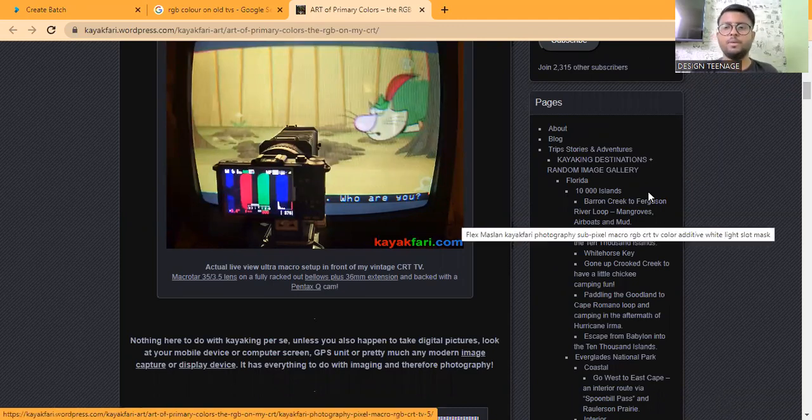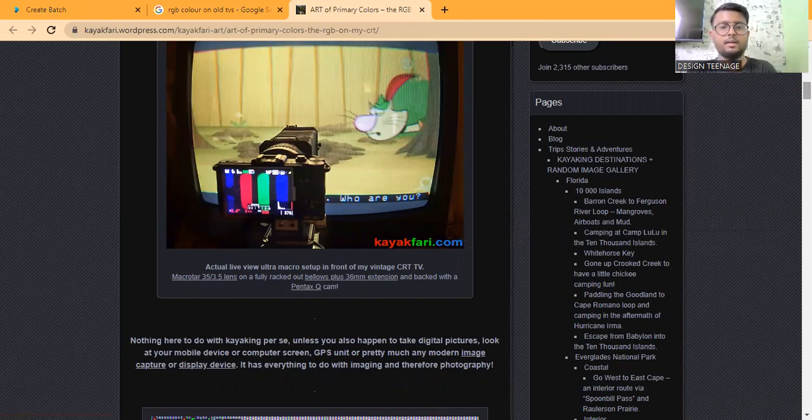Though it has a super macro, it was not allowing me to take that. So this is what we can see if there is a super macro view taken of any particular device or display. The final result which you will be getting is something like this. Same thing for any device or any particular object that you see.